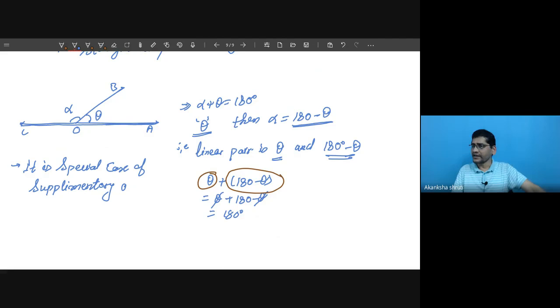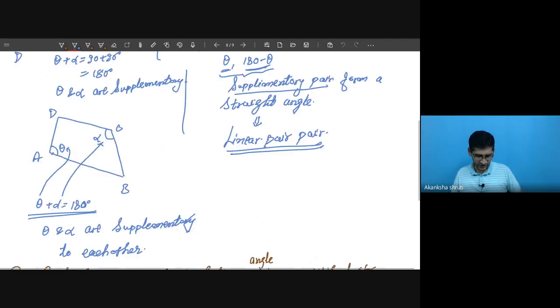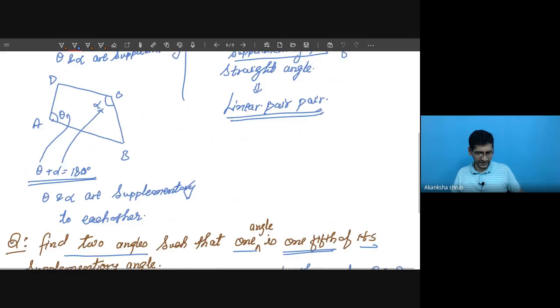Students, in supplementary angles, we have observed that two angles can be at any location, but their sum should be 180. Like here it is shown in this quadrilateral, angle A plus angle C or theta plus alpha is 180. So they are supplementary to each other, though these two angles are not touching each other. But